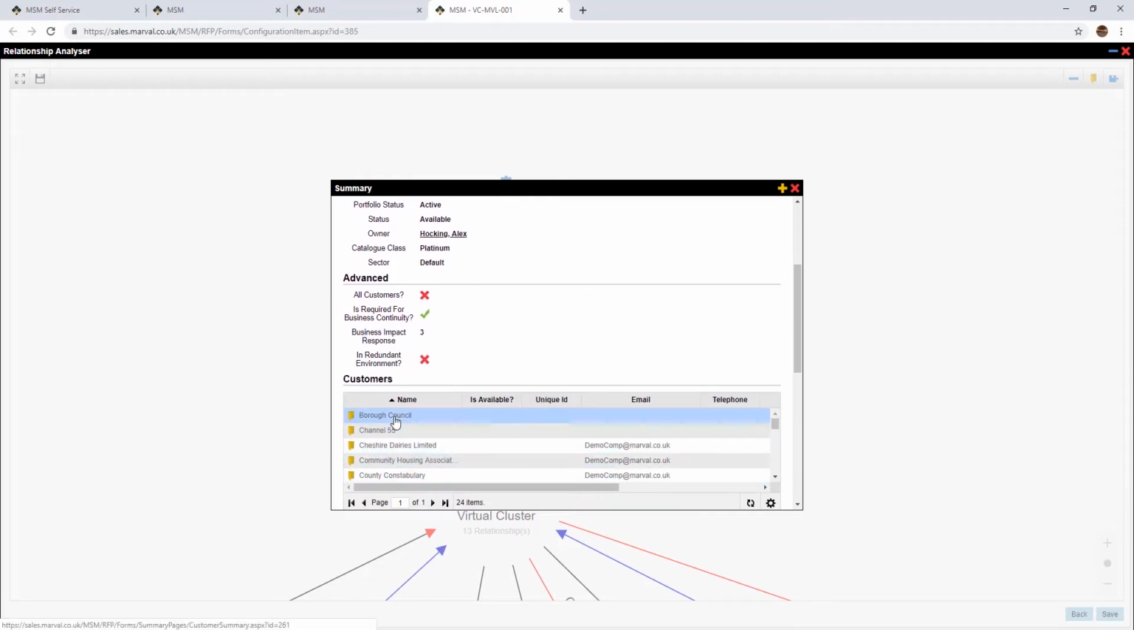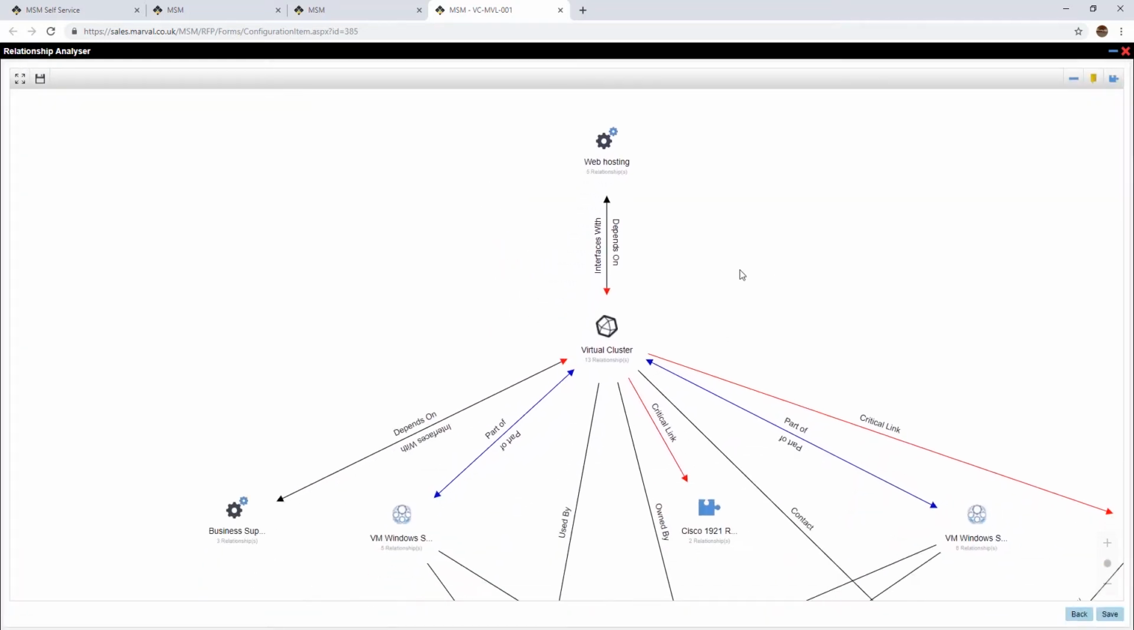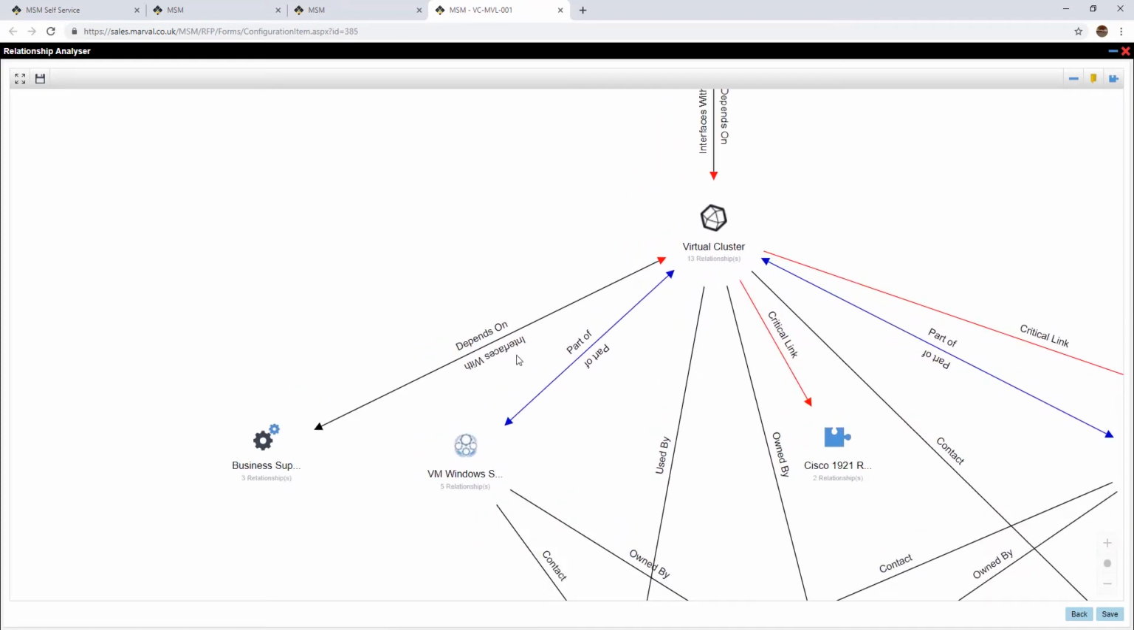So straight away we understand the impact from a service perspective of what this configuration item being down will cause, i.e. in this case the cluster. So we can see the service owner is Alex, so we should engage with him, and we know what customers are impacted by this. If I zoom out and zoom in elsewhere, I can see the virtual cluster also interfaces